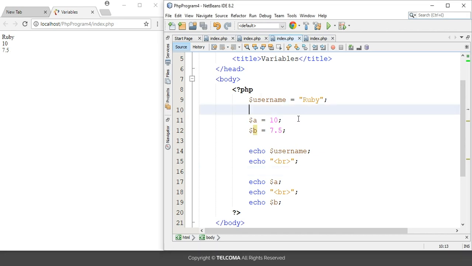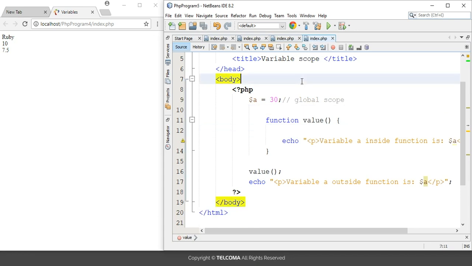Next, we are going to discuss how to declare these variables. These variables can be declared anywhere in the code. It can be declared in three different ways: local, global, or static. So let's discuss this. Here I have designed this program that will represent the variable scope, how we can declare this variable. First of all, we will discuss the global